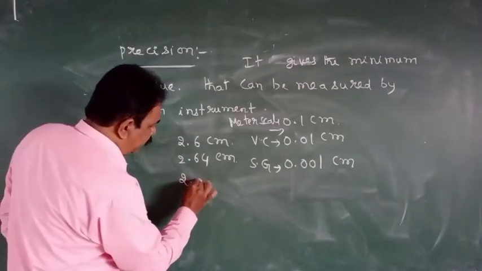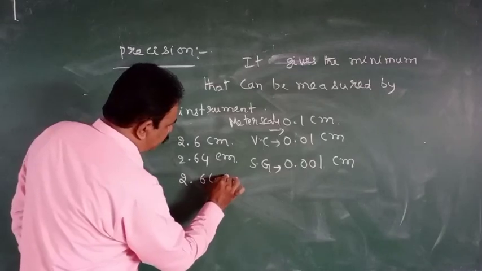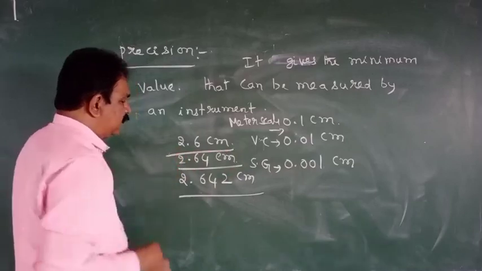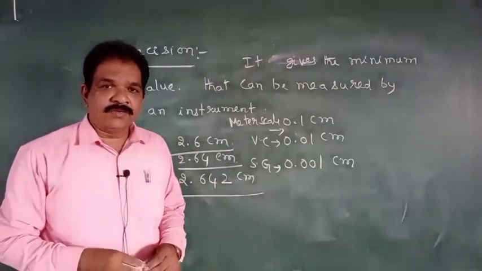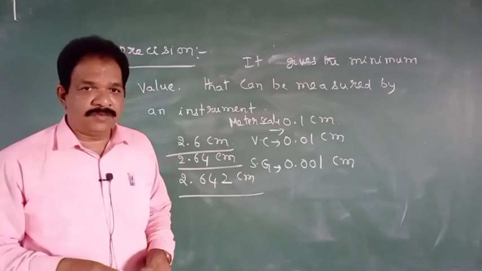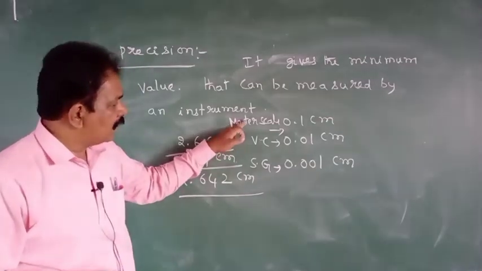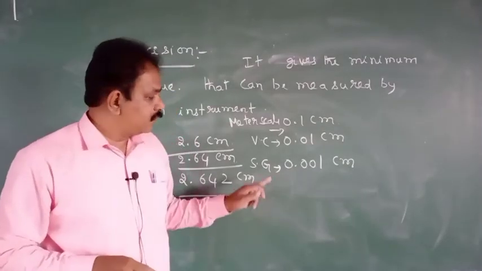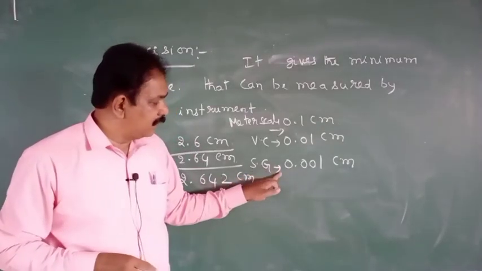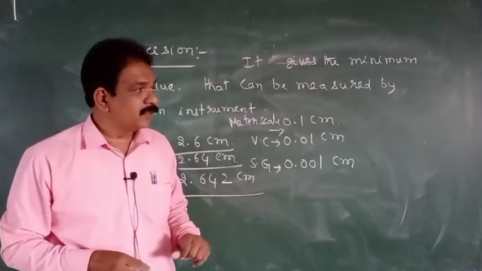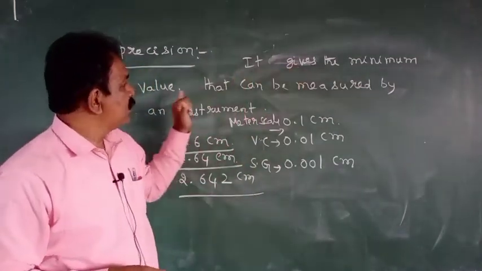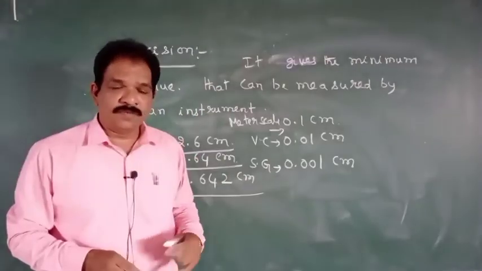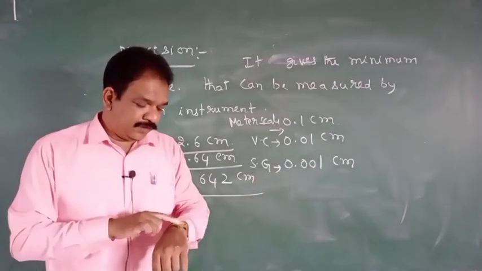Using screw gauge we measured 2.642 centimeter. So a precise device will give more accurate values. Among meter scale, vernier calipers and screw gauge, the more precise device is the screw gauge. Understanding? It gives the minimum value that can be measured by an instrument. Okay? Next, after finishing this,